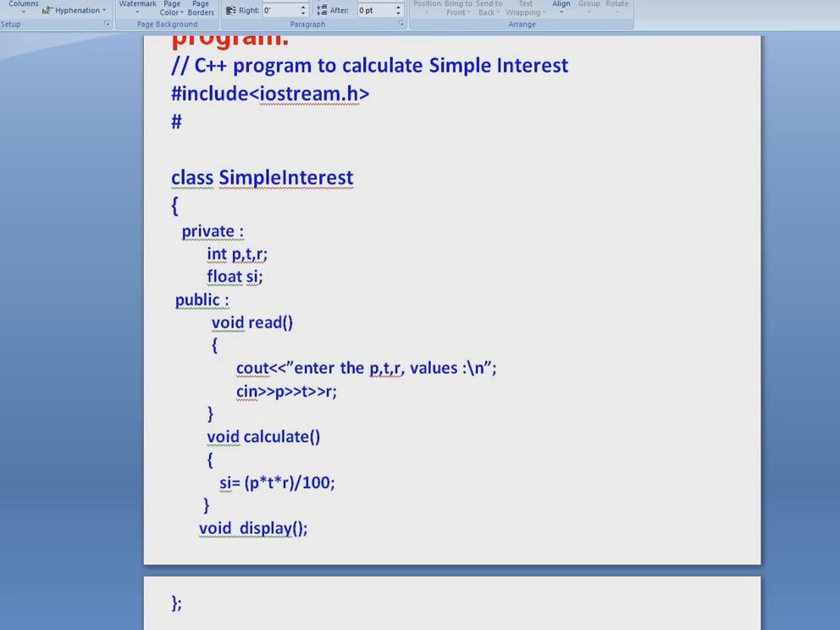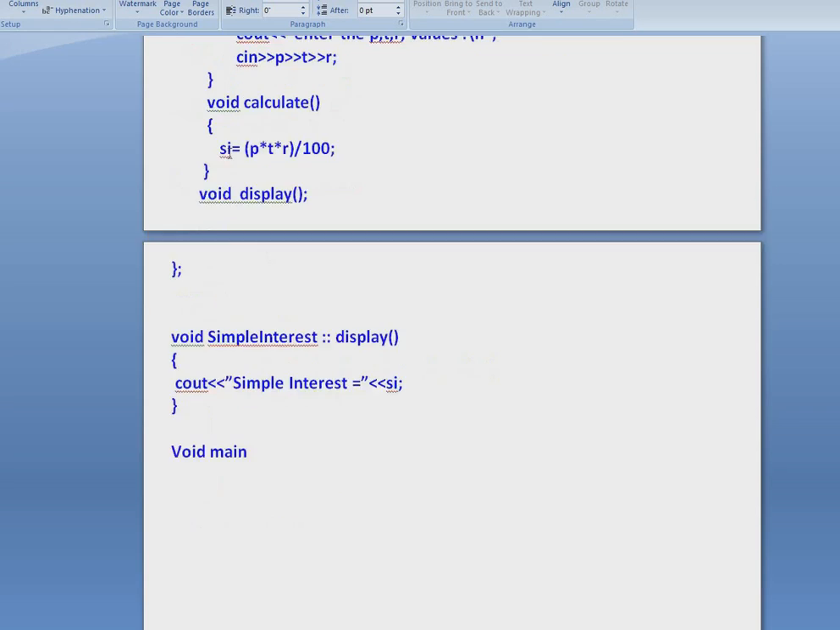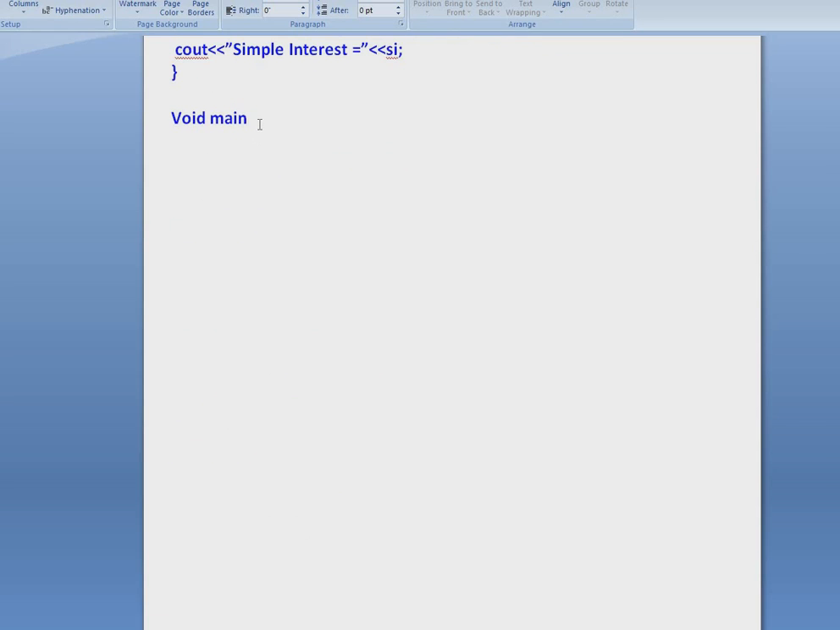Then #include conio.h. Okay, these are header files. Now here is the main program, void main,